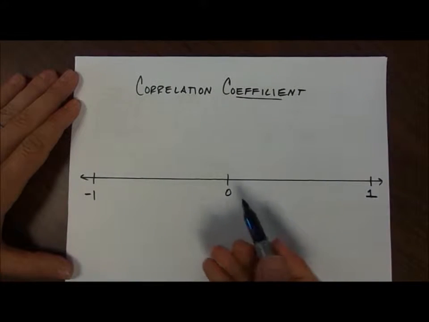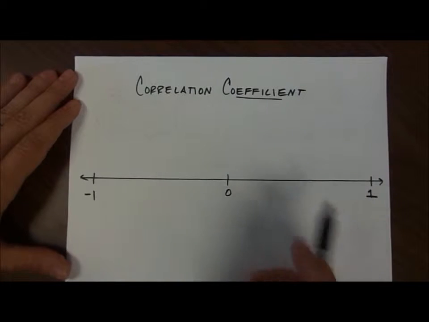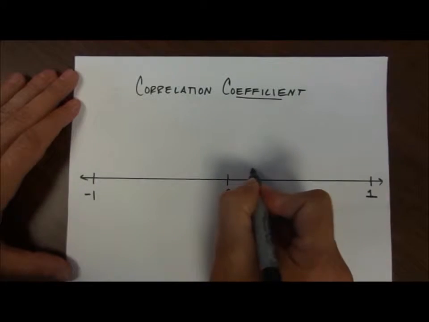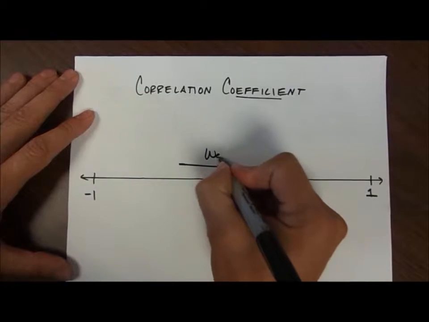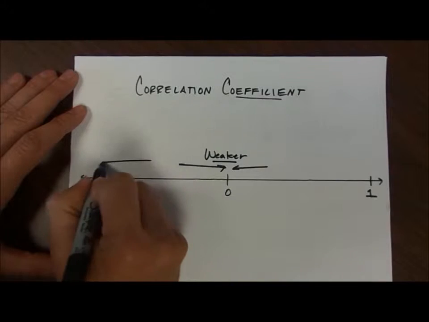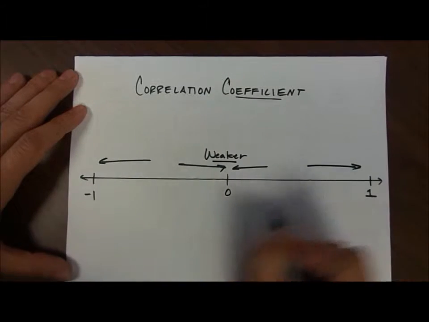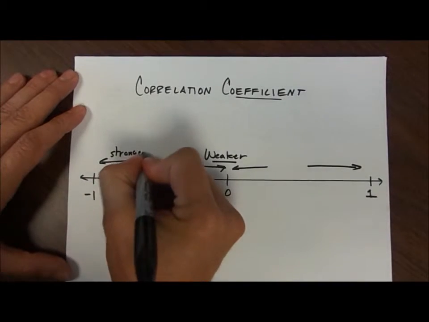That number is always between a -1 and a 1. Okay? And the closer you get to 0, like this, the weaker the correlation. The further you get towards -1 or 1, the stronger